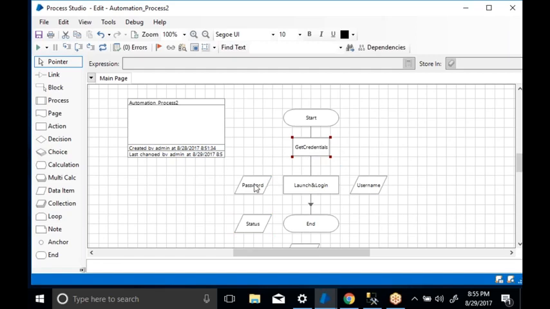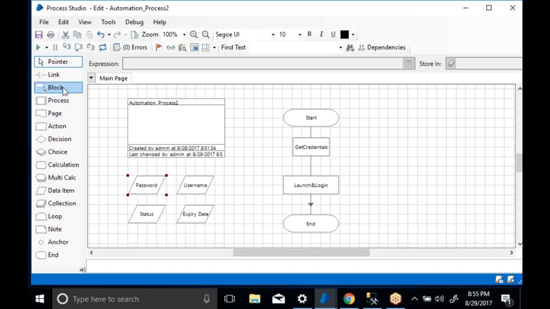Now you have the password, the username, the status, and one more, the expiry date of your credentials. Whenever you have a set of data items, we always put them into a block.